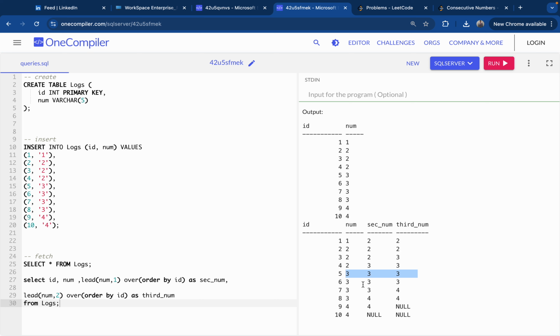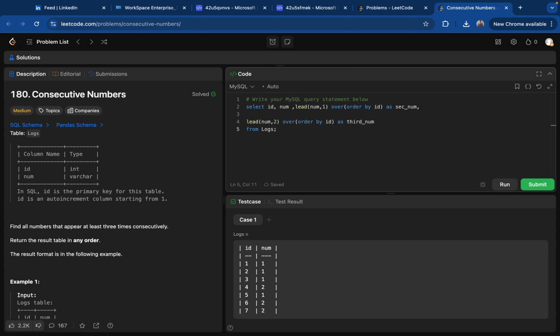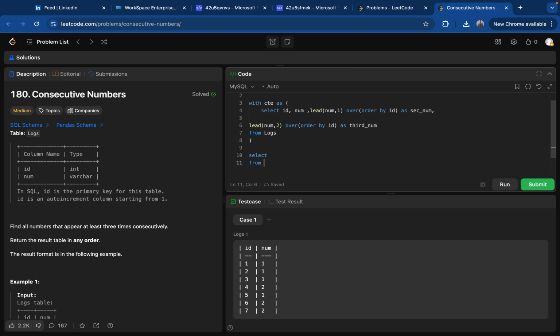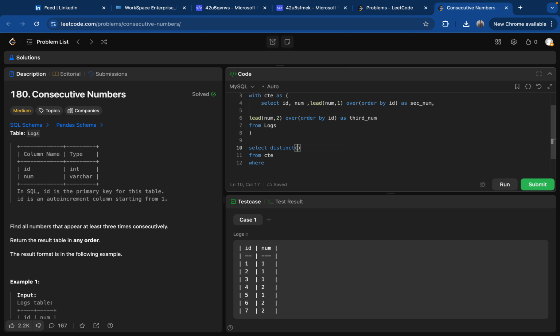Now we are going to return this one, but as 3 is in both records, we are going to return the distinct value of it. So now copy this one and paste it in LeetCode. All we have to do is store this in a table, a CTE, and then use this table to get our final results. So from CTE, where we have to get distinct number